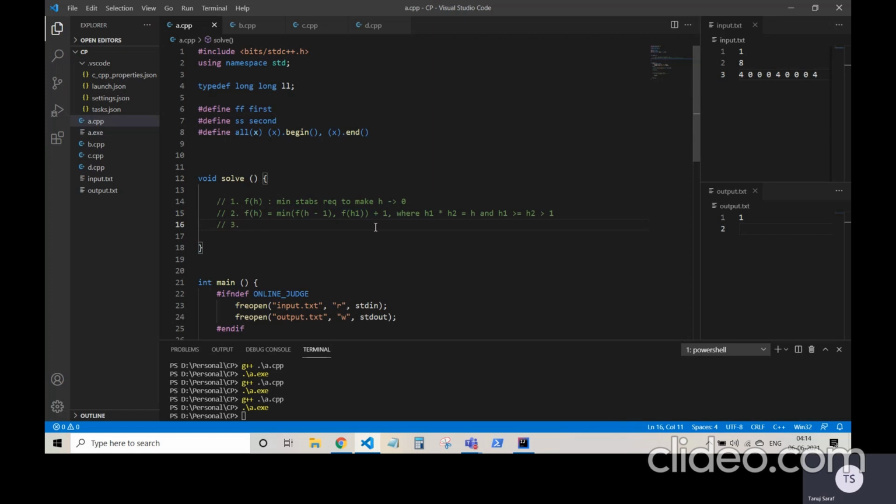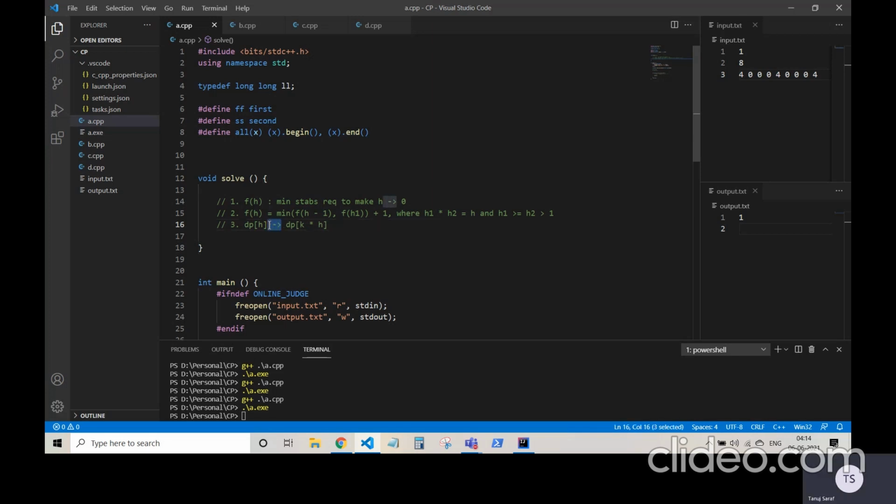So generally when we are going over in a transition from a particular state to another state, if that state is a divisor, right? From h we are going to h1, where h1 is the divisor of h. So a good general idea of solving these problems is to write an iterative dynamic programming solution. And the second is that from a state dp of h, so let's say I'm at a state dp of h, then from this I would want to go to some multiple of h, right?